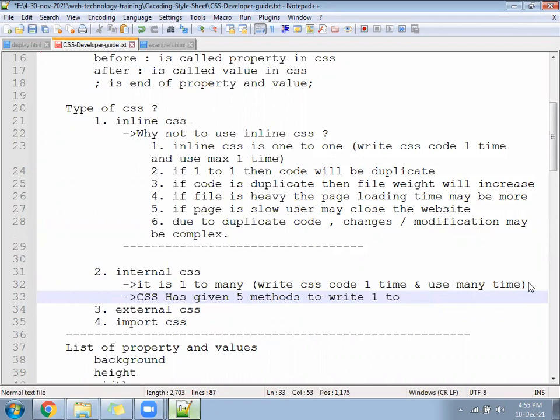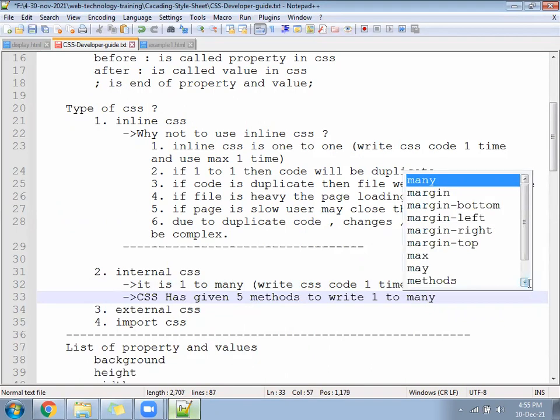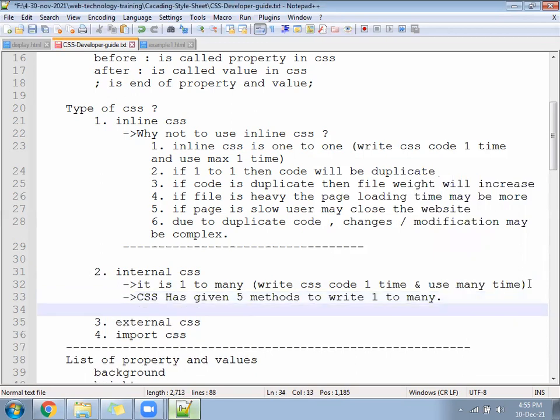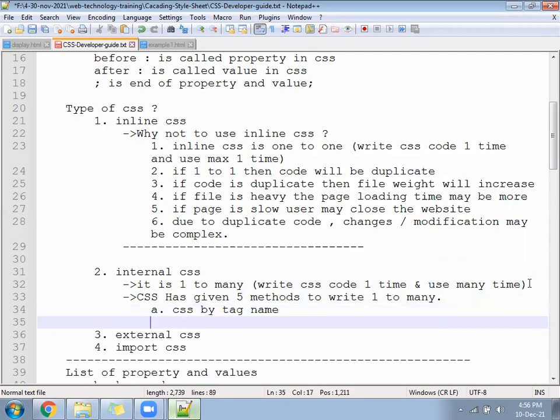CSS has given a total of 5 methods to write one-to-many. What are those? Number 1, CSS by tag name. B, CSS by ID.